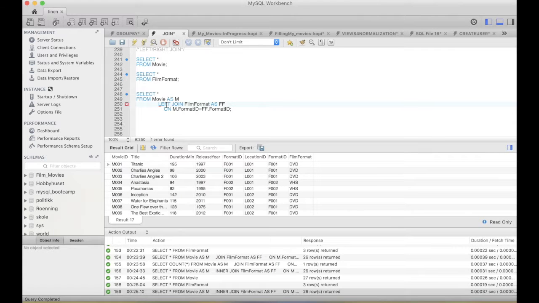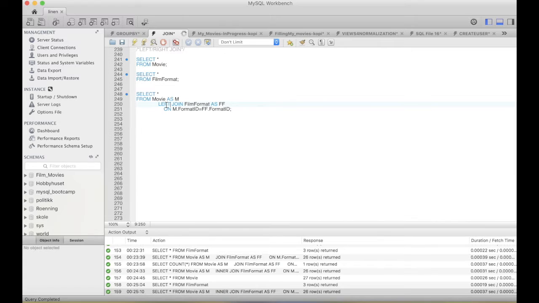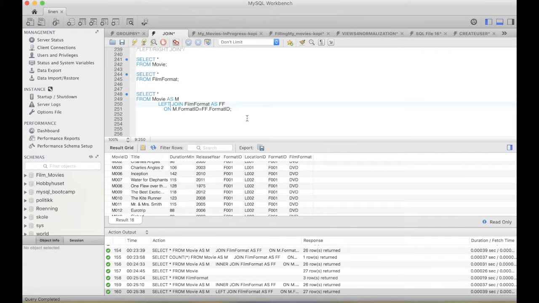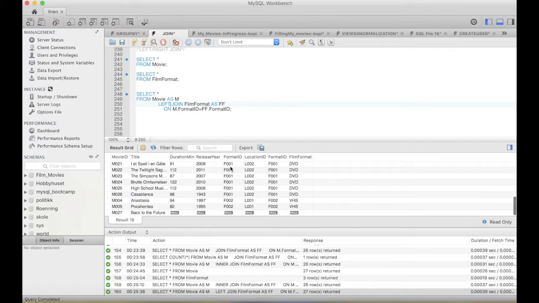By adding left join, we make sure that for the first table that we are joining, we get all of the rows from that table. So in this case, the table to the left is movie, and that makes sure that we get all of the movies in that table. So you can see here that Back to the Future is in here, even though it doesn't have any duration minutes yet. It doesn't have a film format or a format ID. And let's just select out some of the columns